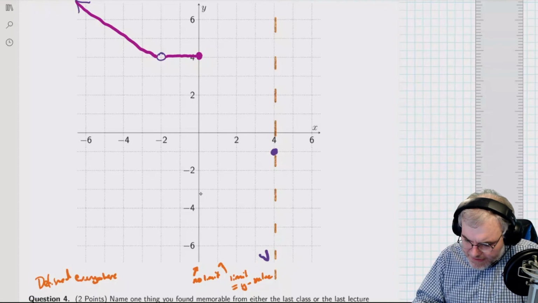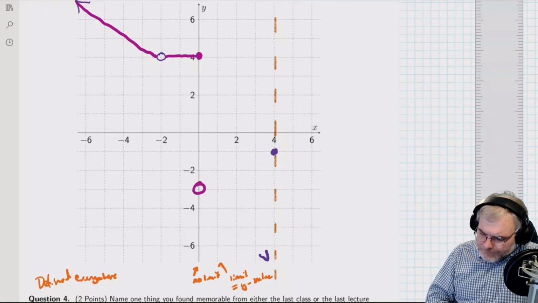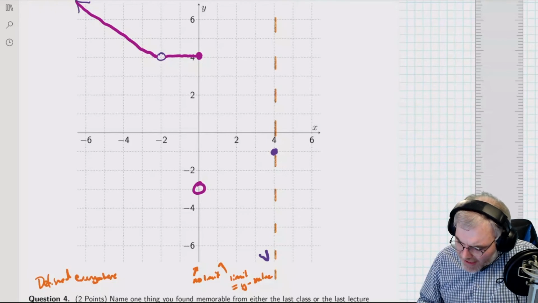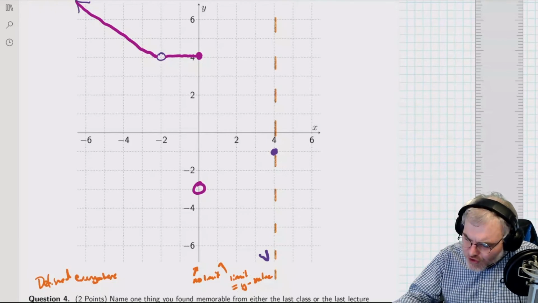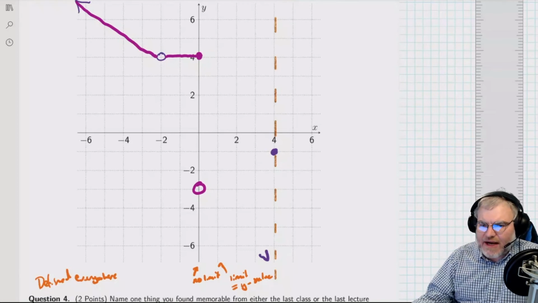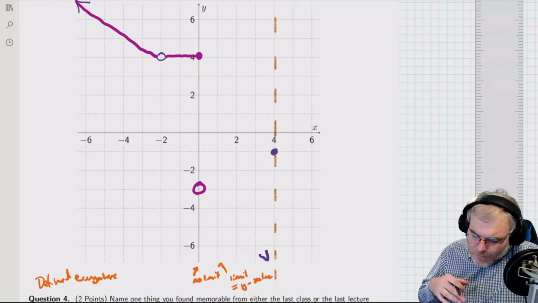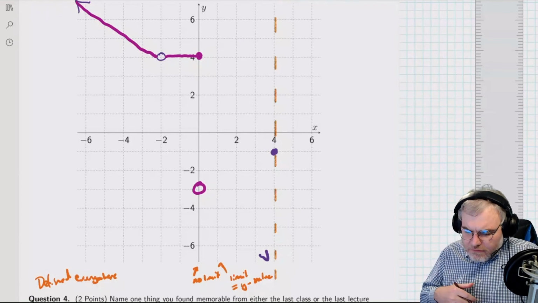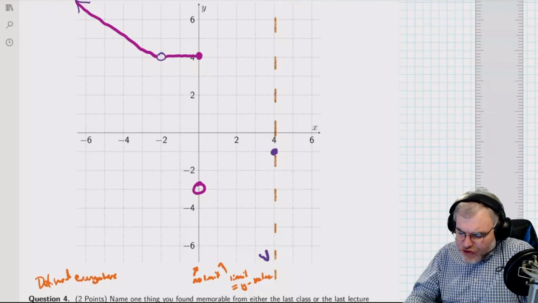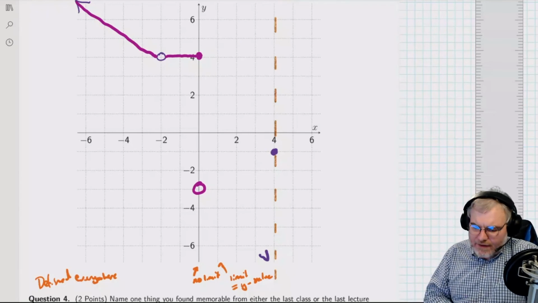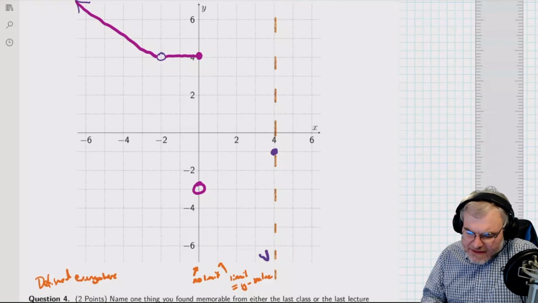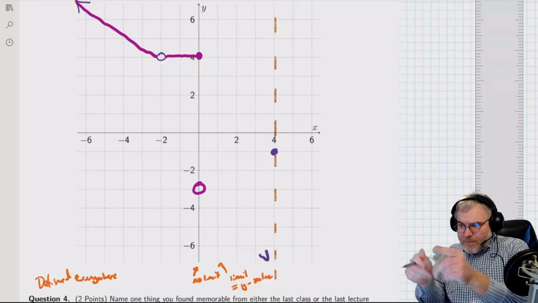Let's give it a jump. It doesn't matter where the jump is. We'll just give it a jump. Now, I need the limit to equal the y value, but there's no other condition on this section of the graph. The only condition is that wherever I go, I can't have a jump or a hole or anything here. What this says is that wherever I draw the point, I have to have both tails.